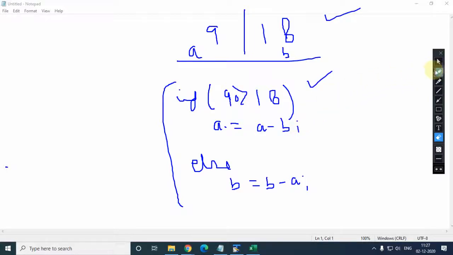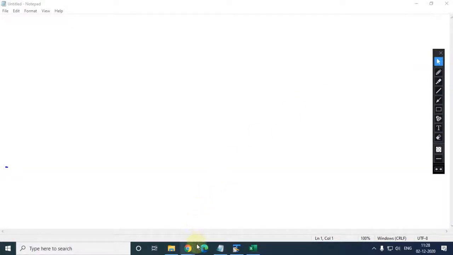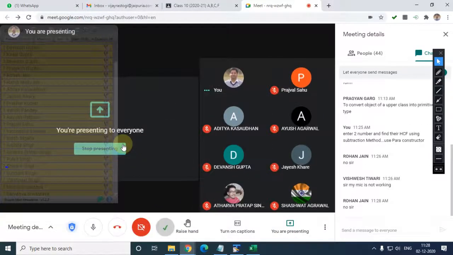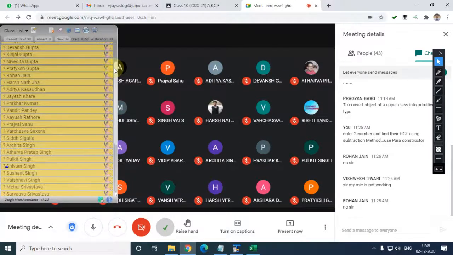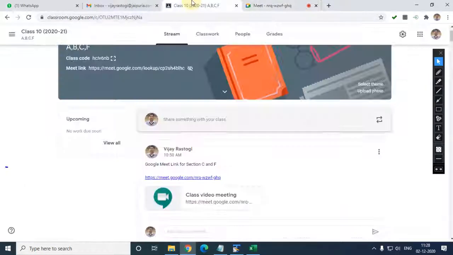For any numbers, it doesn't matter, no need to check whether A is bigger or B is bigger. It will work in both cases. And if both numbers are the same, you can print either as the SCF. Is it clear, everyone? Please speak up. Yes, this is known as your simple subtraction method. Now everybody try and post the solution in the chat box if it is coming, or in the GCR also you can put.